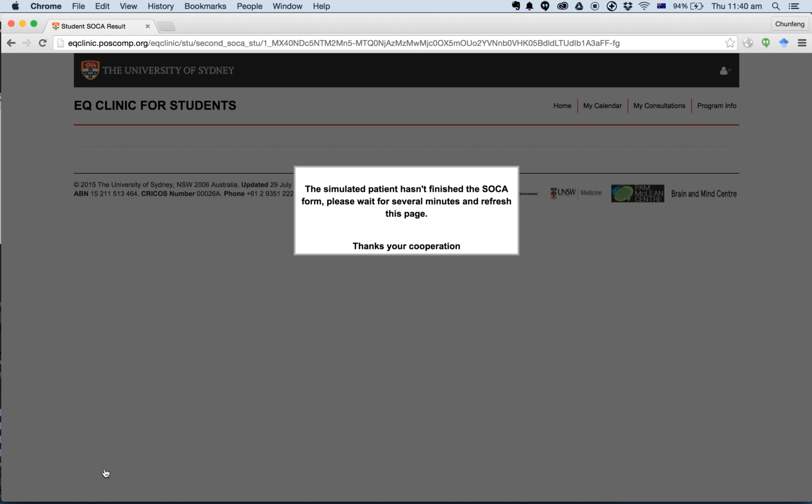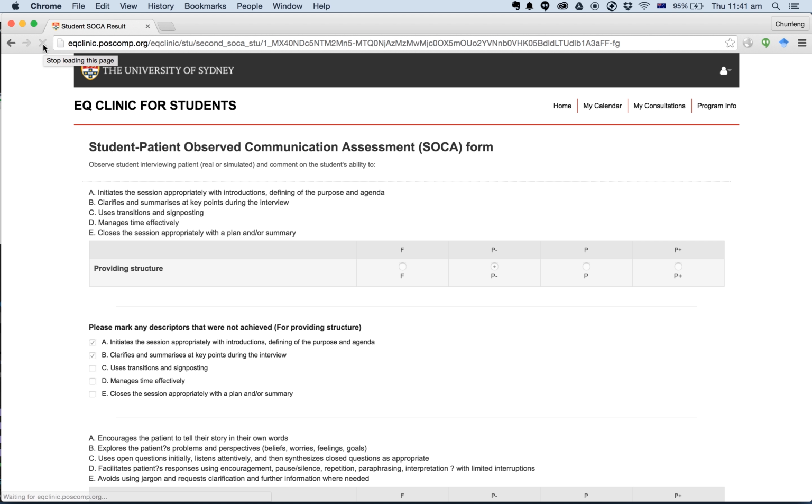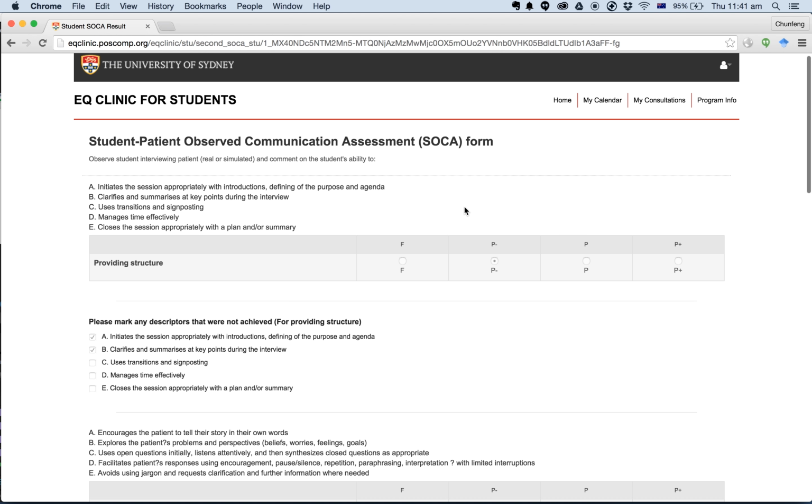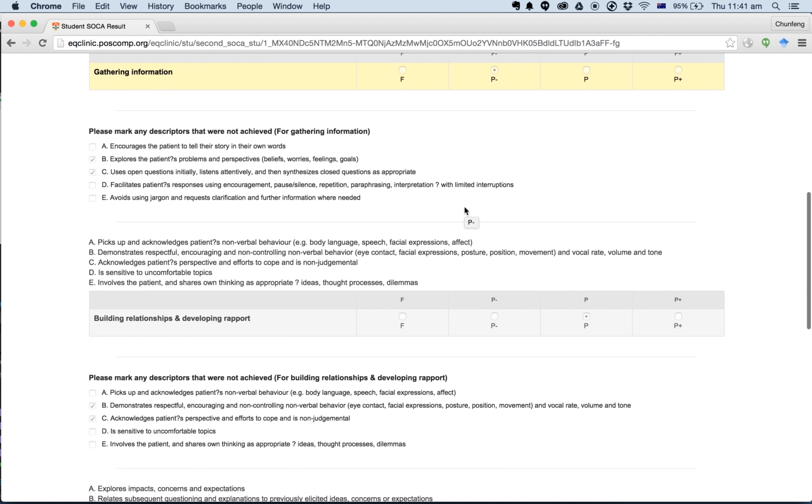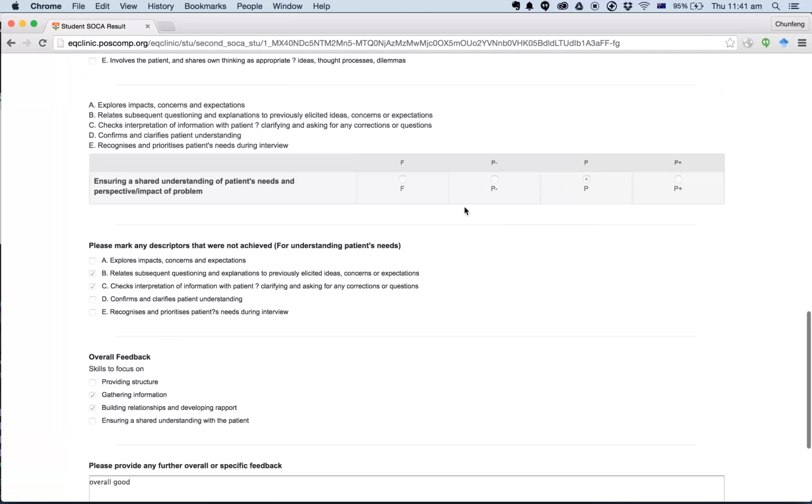The final reflection form is in response to the soccer form done by the SP. If the SP has not finished the soccer, the screen will let you know to wait, and then you just need to refresh the page after a few minutes. Once the SP is done, you can review the soccer result as a read-only document. When you have finished reviewing it, click Submit,